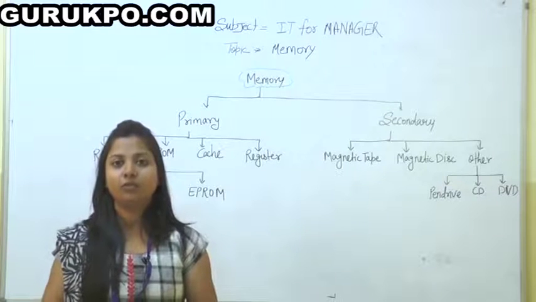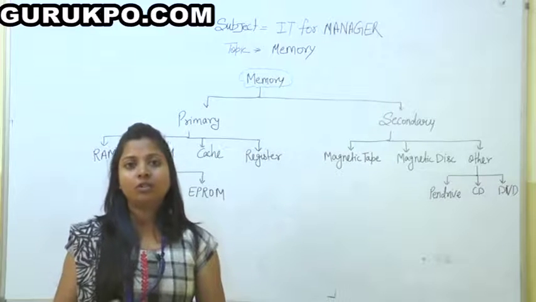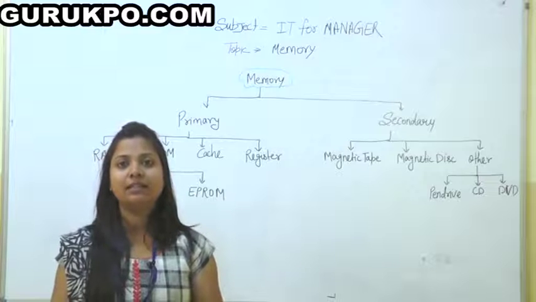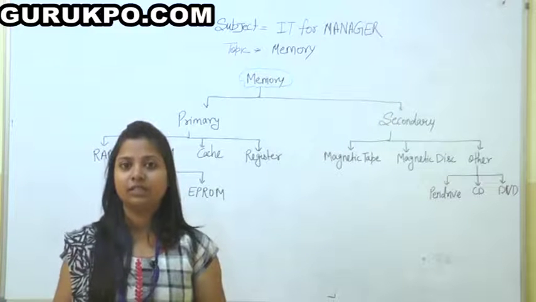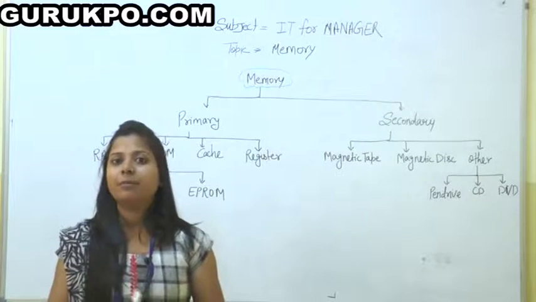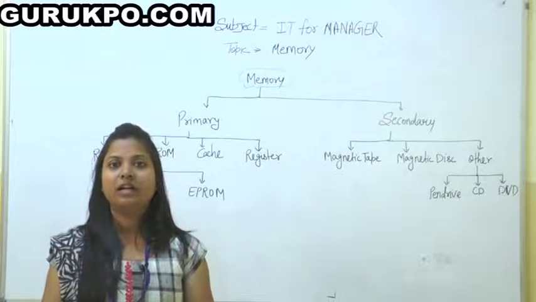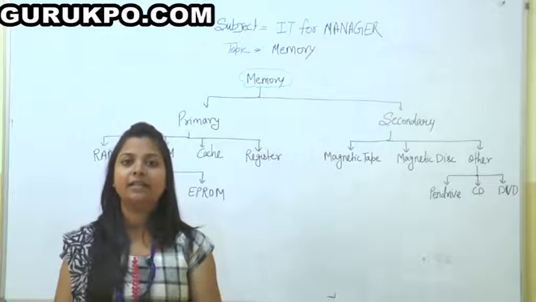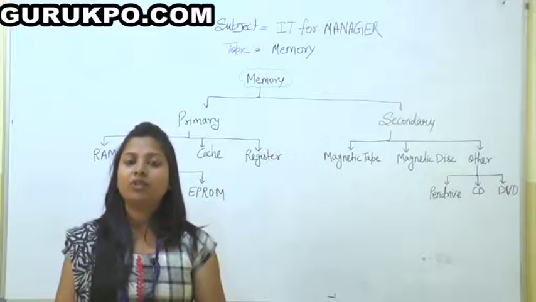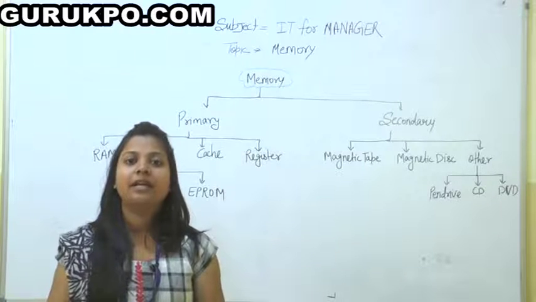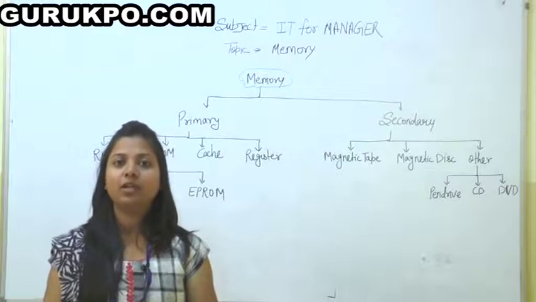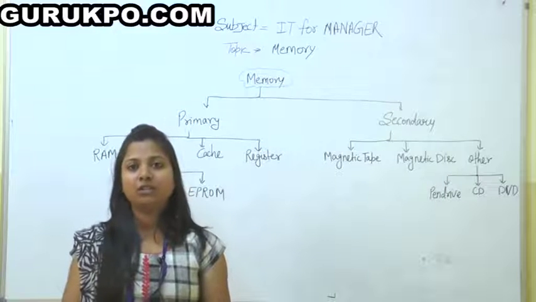Now what will a ROM do? ROM will store that data which is by default stored in a computer, or only that data which a program uses to run its processing. For example, if we install any Windows, Windows XP, 7, 8, 10, that is the version of Windows, then the default programs are Notepad and a browser, that is Internet Explorer. These programs are necessary and sufficient to run a computer by default, so these are installed in a ROM.